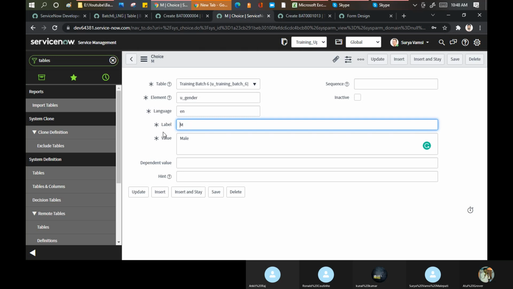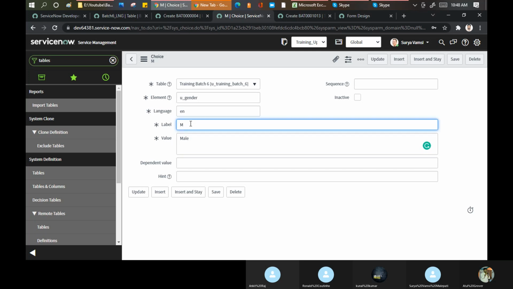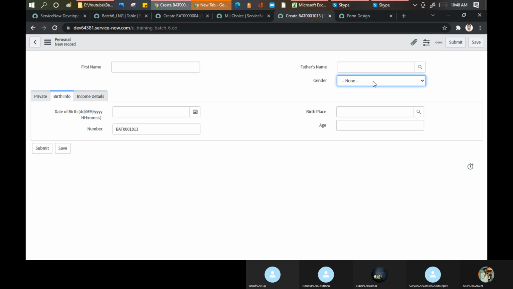Kunal, what do you say? It's a label only. No, but why is the value there? This value. What is the purpose of keeping the value field as well? Whenever we use this label, the value will be shown on the table, whenever we see the data of this table. That's fine, but my question is why this value field has been given here. I can show the label as a mail as well. It is available on the form.